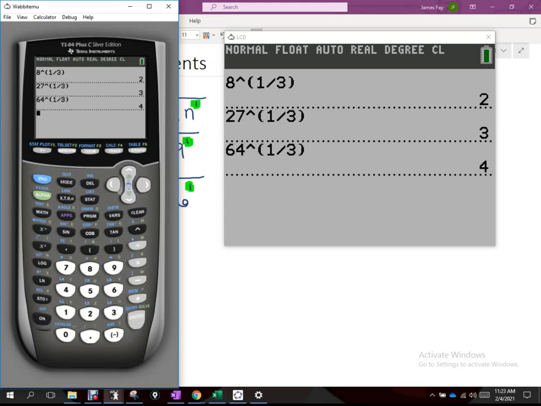Okay, so let's think about this. What's 4 times 4 times 4? 64, right? So take this number 4, multiply by itself 3 times, it gives me 64. What's 3 times 3 times 3? 27, right? What's 2 times 2 times 2? 8. So by raising to the 1/3, we are seeing that we are getting